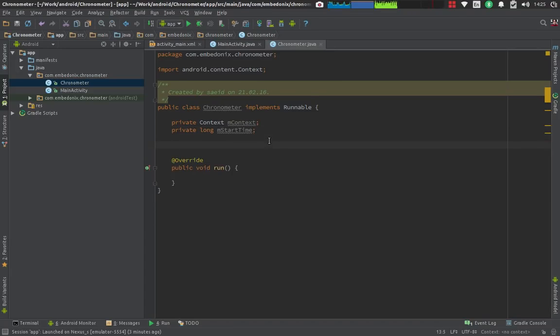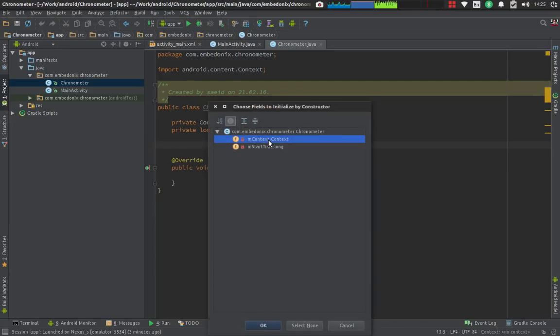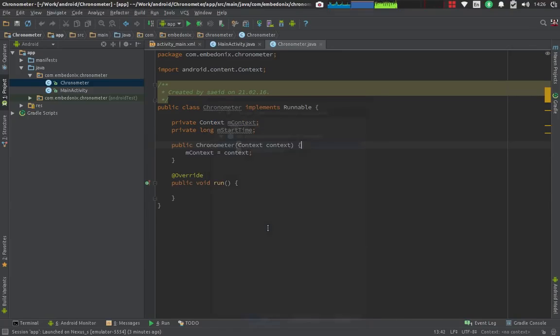So let's add a constructor. I will press Alt and Insert. So it will generate a constructor for us, and the only parameter I'm interested in at the moment is the context. Okay. Now we have our context,